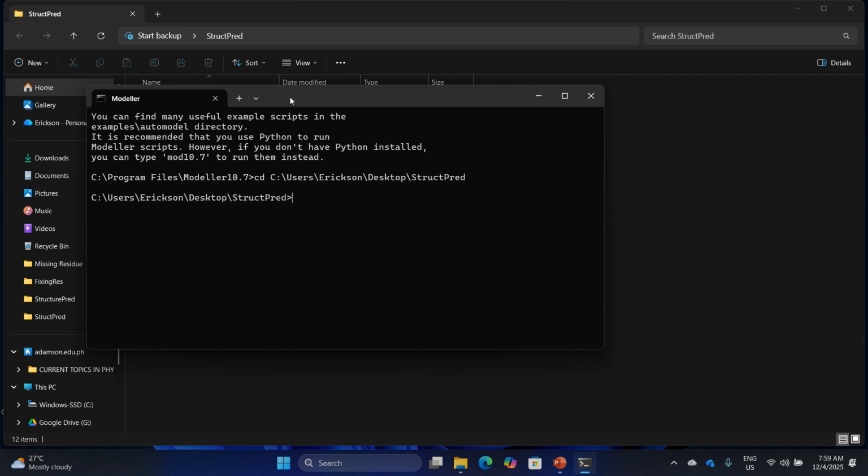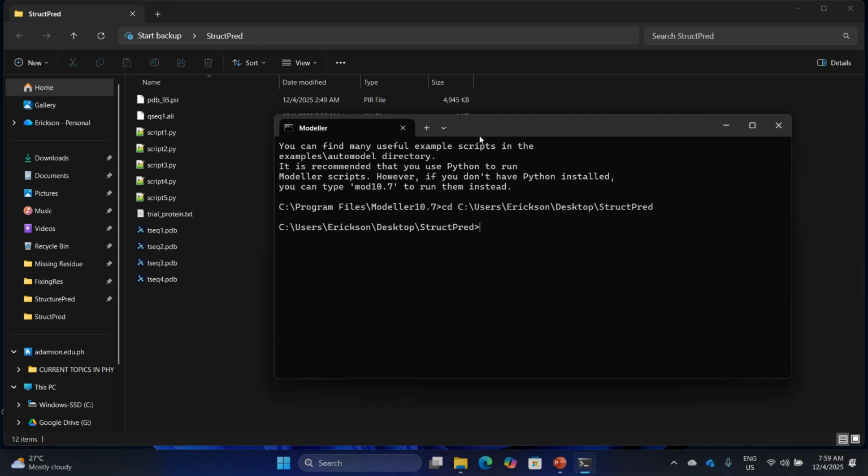Now I'm inside the struct_pred directory. To run this, I need to type mod10.7. If your Modeller version is different, then you need to use that version. Then I'm going to run script 1.py.